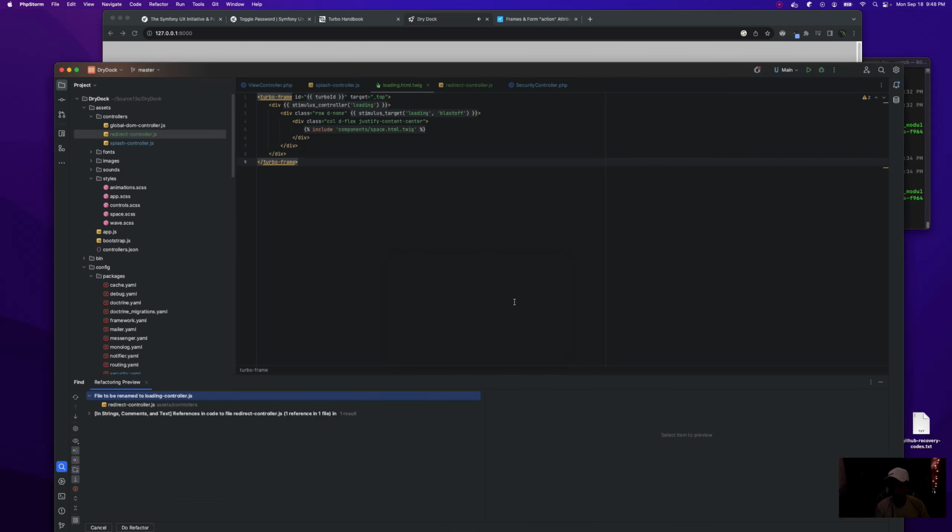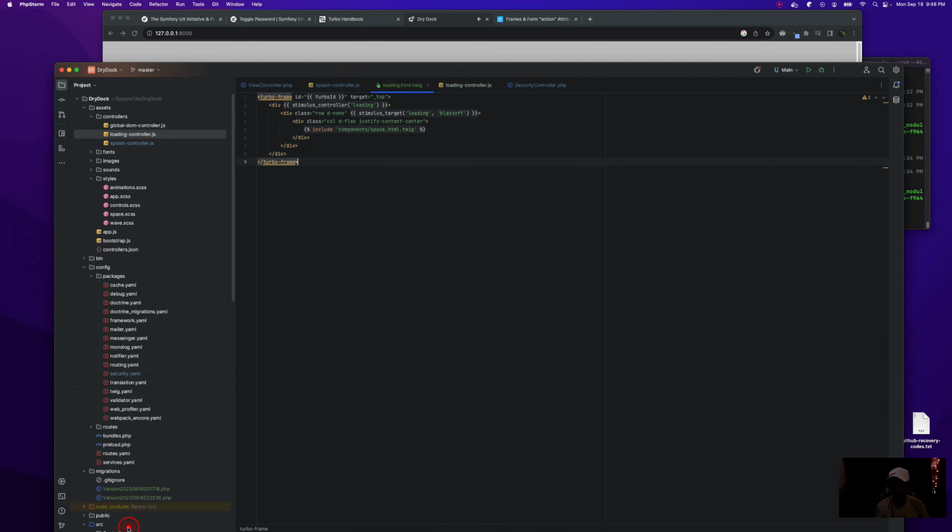Cool. That's in there. This is our spaceship loading animation, and that's always going to be showing. We don't actually, well, we might want to fade this in. Yeah. Removing this d-none will fade in our spaceship, so we do kind of want that. Alright, cool.